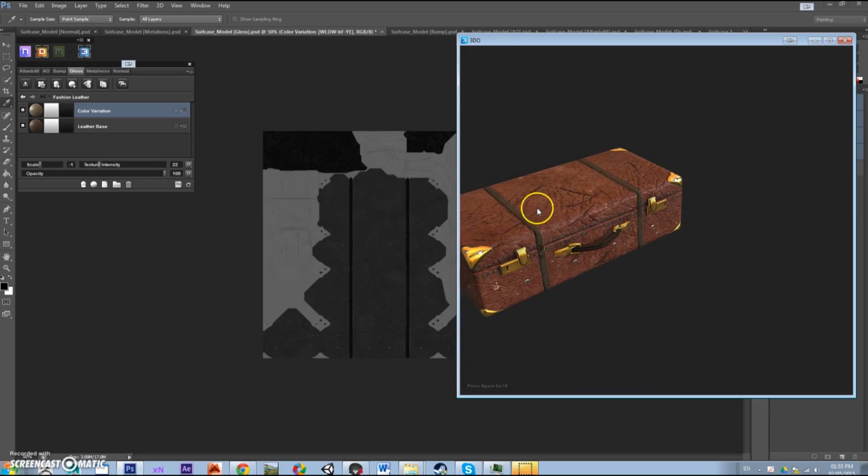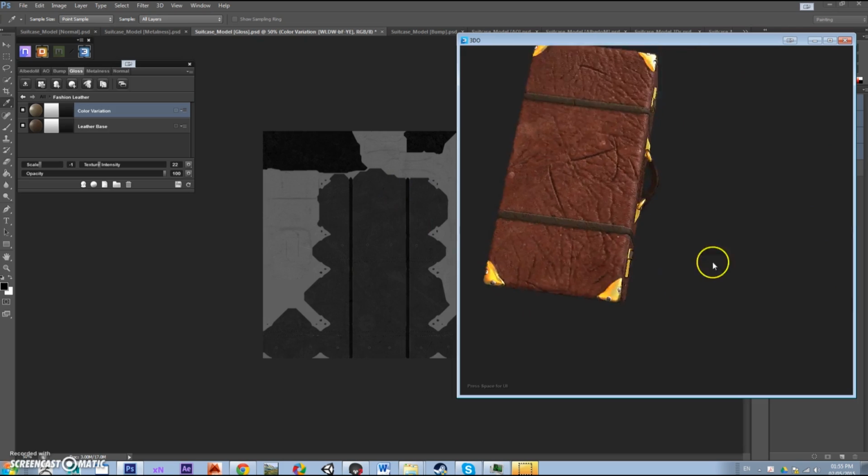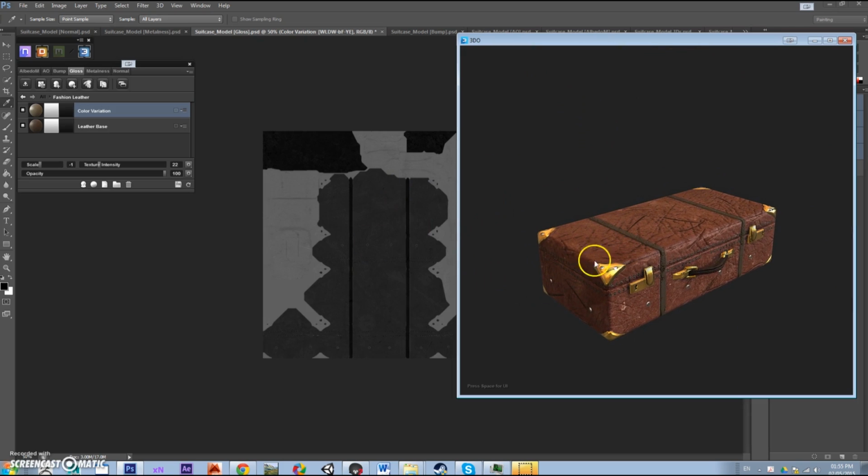So this is more or less our suitcase. You could export that and you'd be quite happy to see that in the game engine. But we're going to add a bunch to it because we've got all these maps, like the gradient map, and we really want to use them. So first I'm going to add a general layer of dirt. So I'm going to add a material,